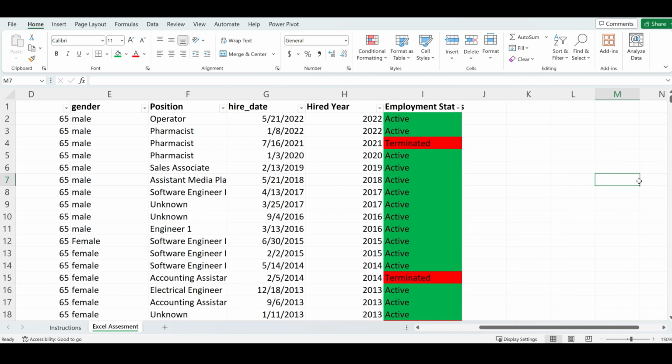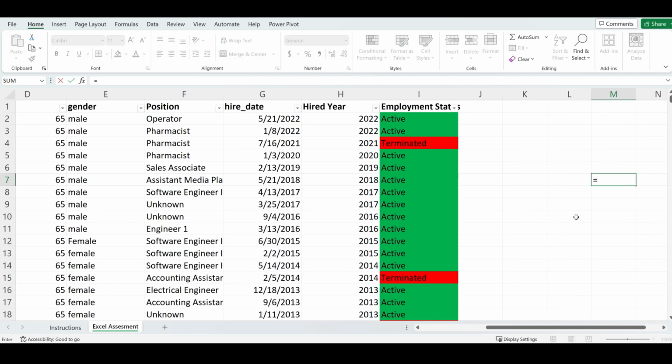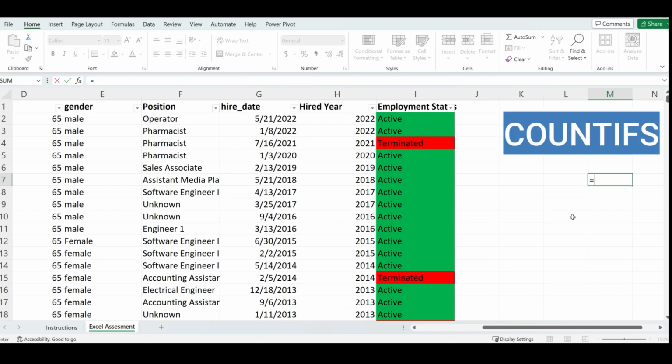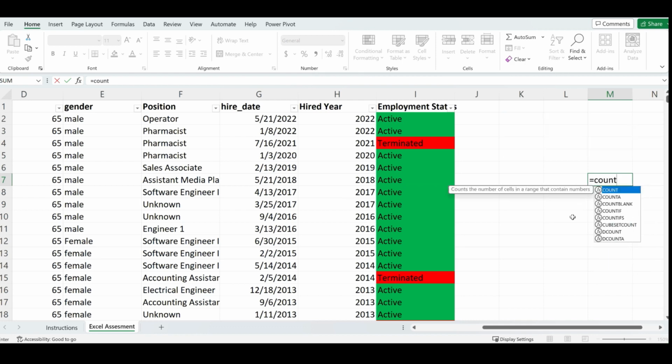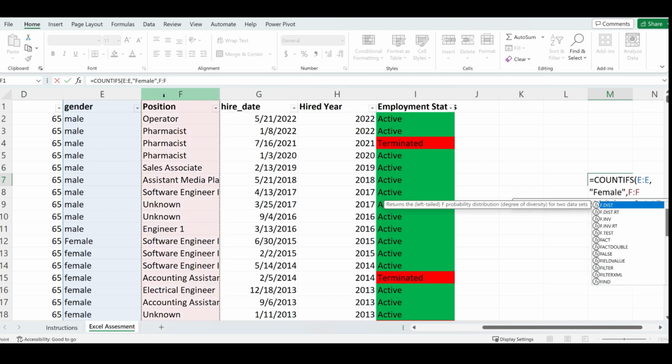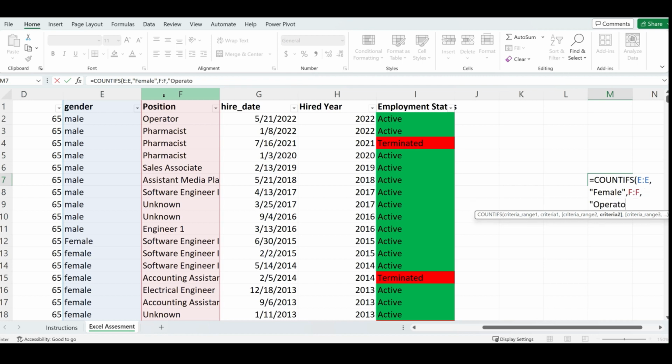So in this cell right here, let's start typing equals. We're going to use a formula called COUNTIFS. IFS because we have multiple conditions. So I'll say COUNTIFS and click tab. The first one is we want to check if this person is a female. So you click this, you say comma. So we put in quotes, we want to check for female. We'll close the quote and we say comma. We want to check this column as well. If this column is an operator, so put comma, quote, operator, and we'll close the quote, we'll close the parentheses,